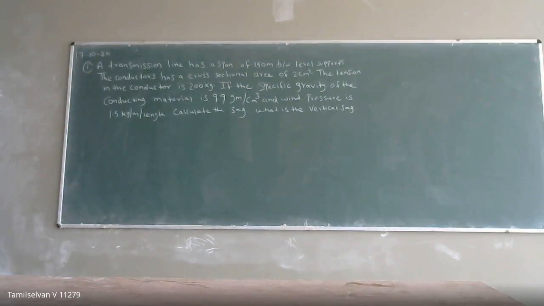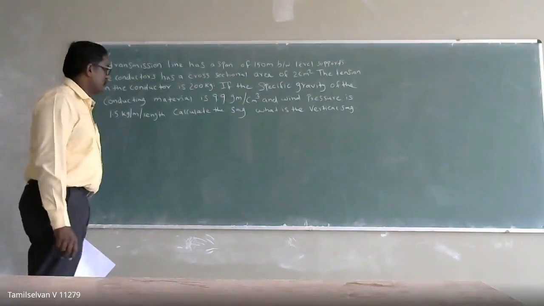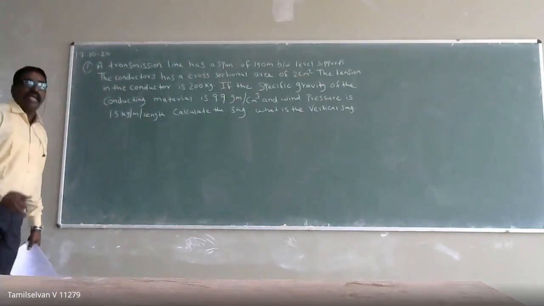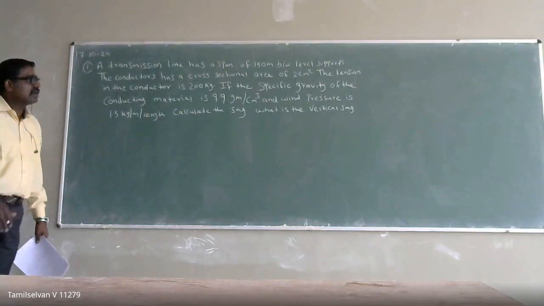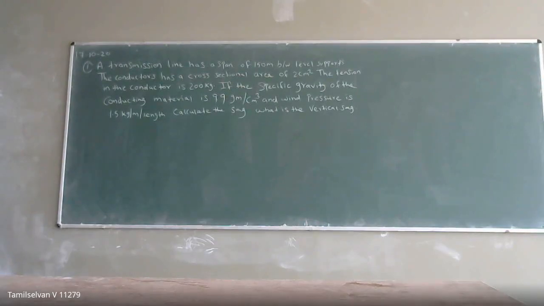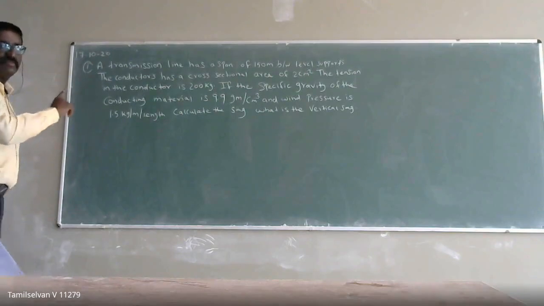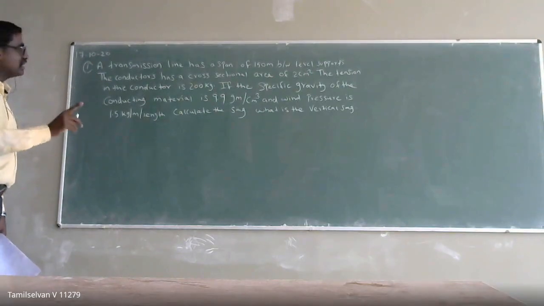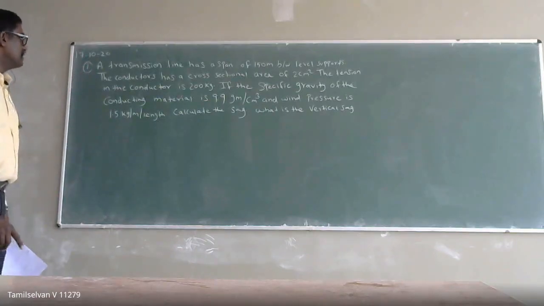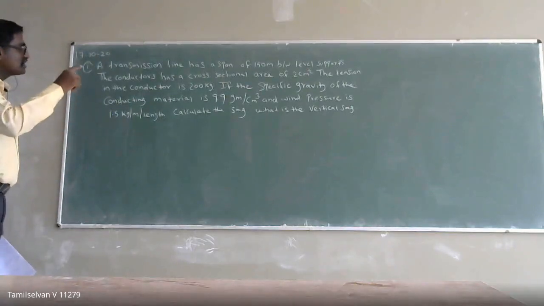When the levels are unequal, supported with unequal supports, what about the sag? How to calculate it? You have seen this previously, along with wind pressure and how to calculate the vertical sag. The problem presented has a span of 150 meters at the same level. The conductor has a cross-section area